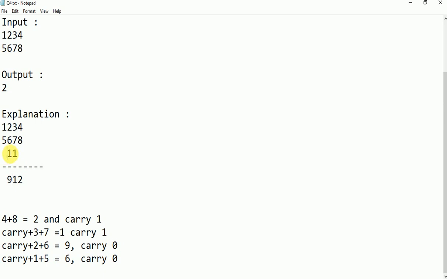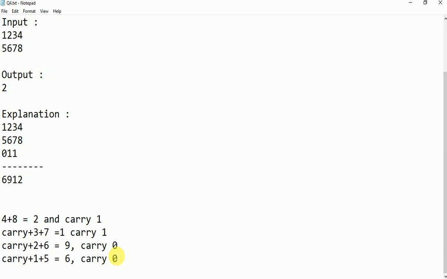So let us write here, 1 plus 5, and carry is 0, so you get 6. When you add these three things, 1 plus 5 plus the carry 0, again you get carry as 0. So the carry which is less than 1 is considered as no carry.